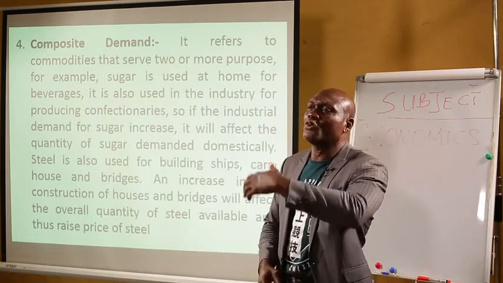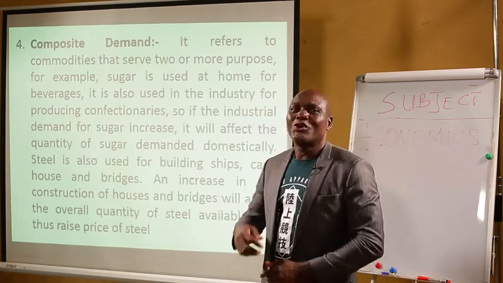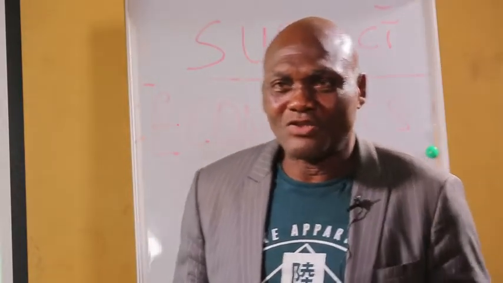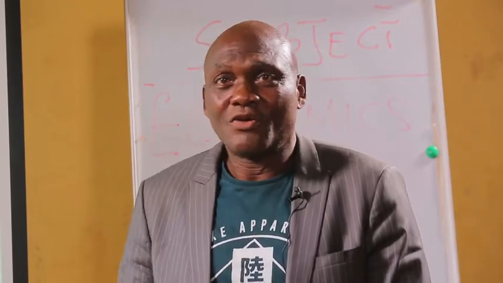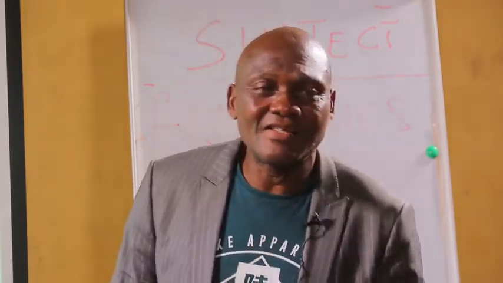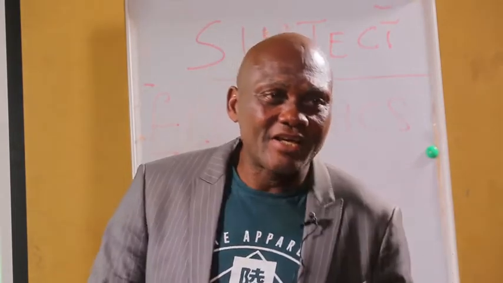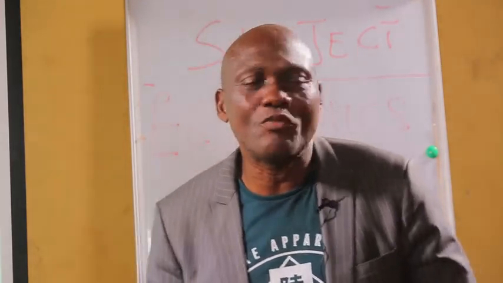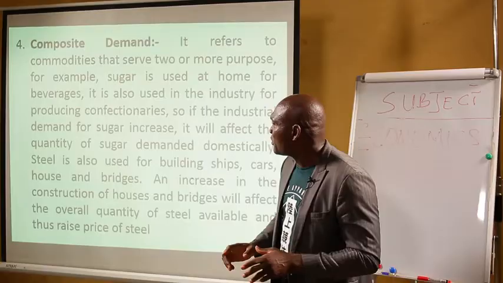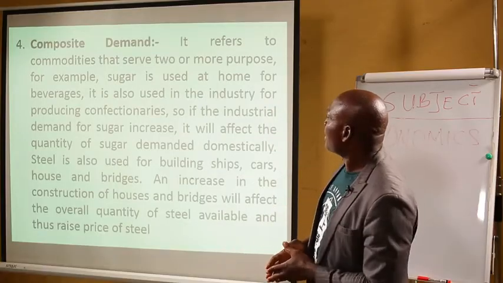Some will even want to drink garri, they will put sugar. So sugar is used at home. Everybody buys sugar at home in order to do this or that. Sugar is equally used in the industry, because industrial use of sugar entails using it for making cake, bread, donuts, fish pie, meat pie, and so on and so forth.